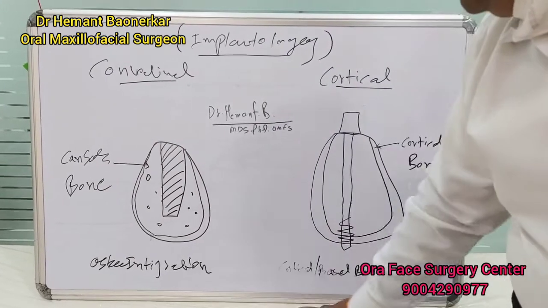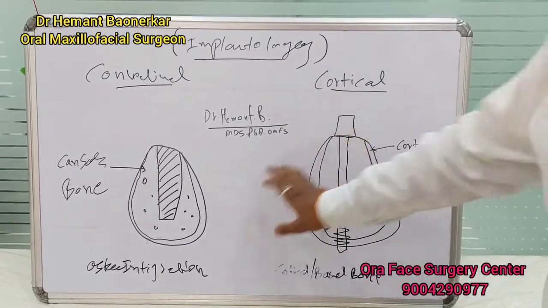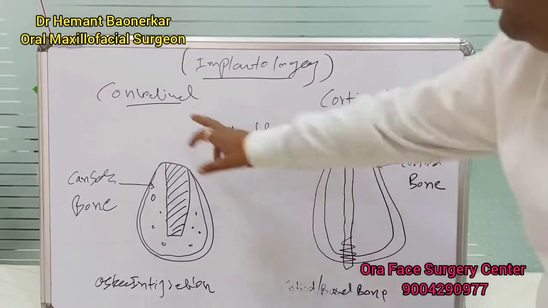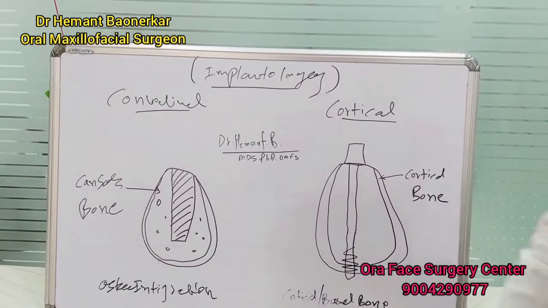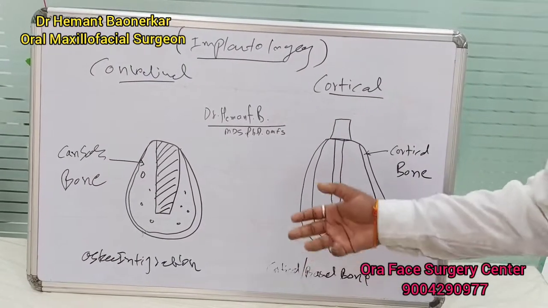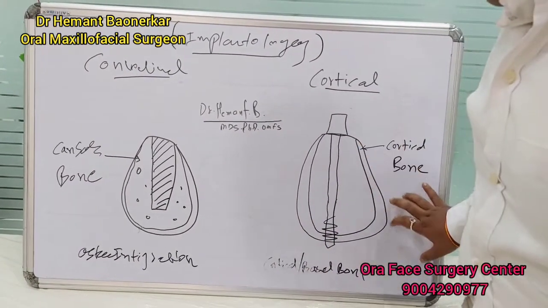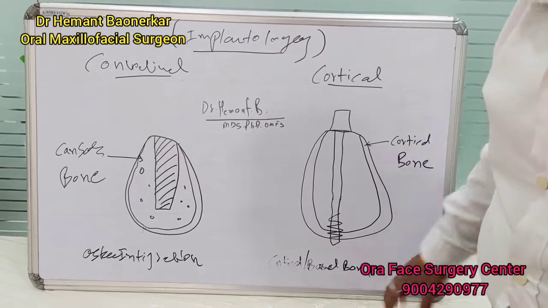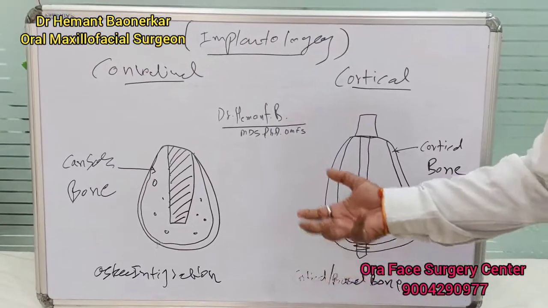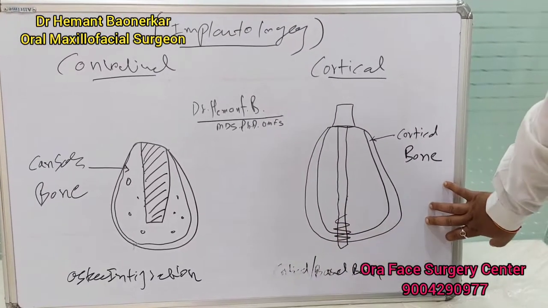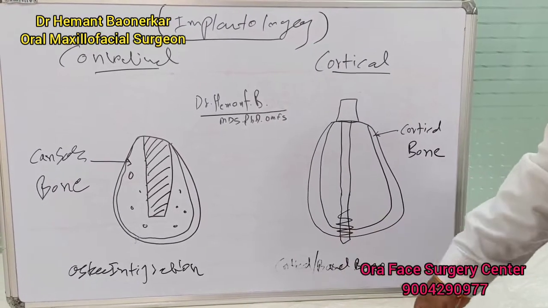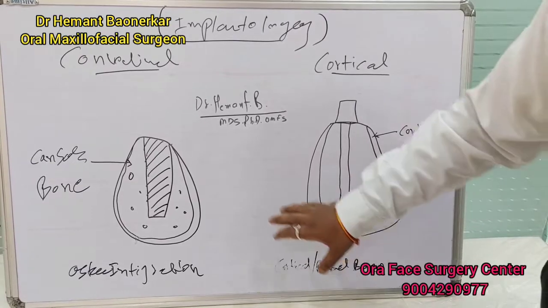Many patients ask whether the longevity of the implant is affected by the selection of a conventional or cortical implant. My answer is no. The prognosis, or implant success, depends on the surgical placement of the implant, the prosthetic part, and obviously how the patient maintains their oral hygiene, and the systemic condition of the patient's body, right? I will tell you in detail in my next video.